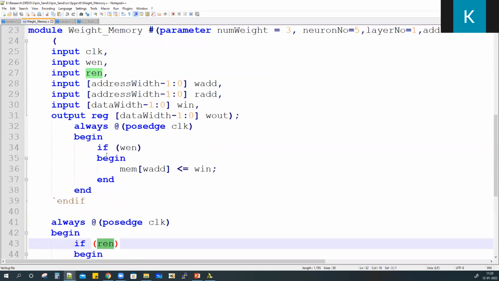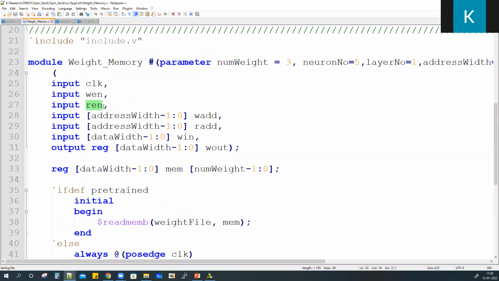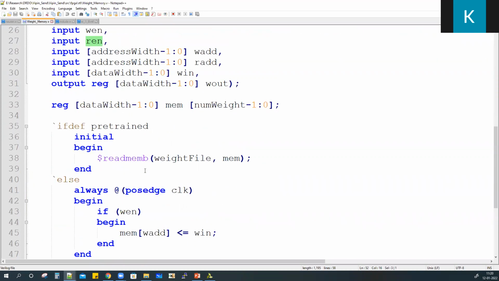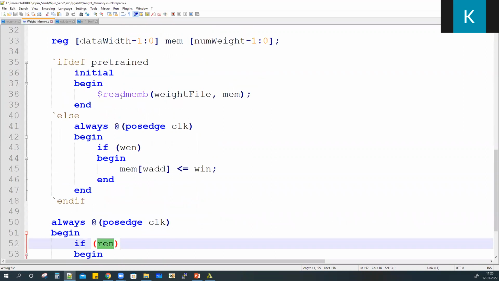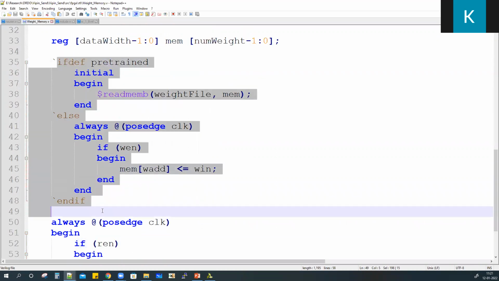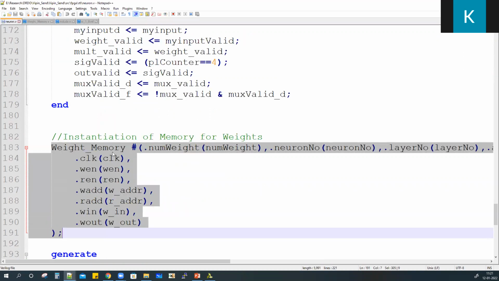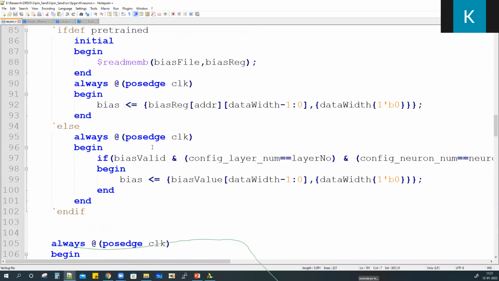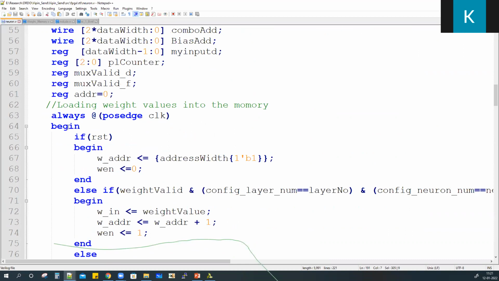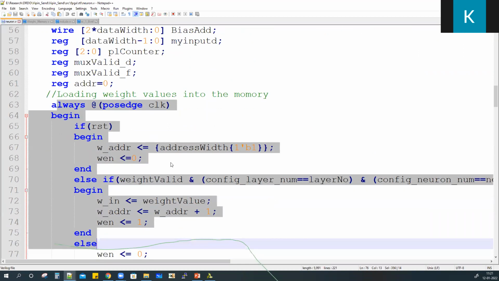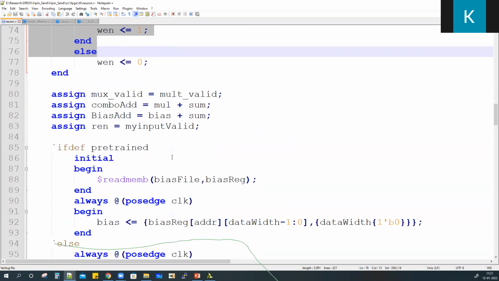Now, this is like a normal RAM coding, you know. The only additional thing is that there is an option for initialization or runtime memory. So that's about weights, and this is filling the weights if the processor is filling it, otherwise no need to do it.